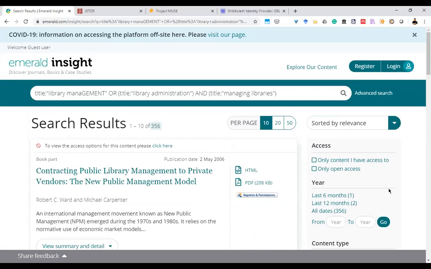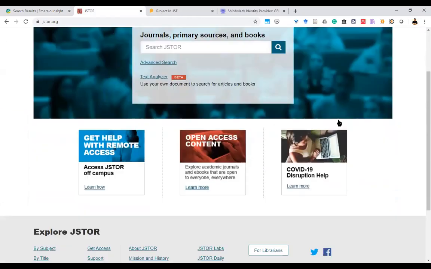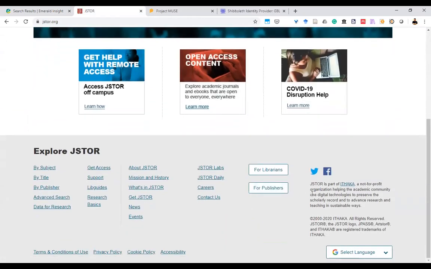Now I am moving to another database, that is JSTOR. JSTOR holds a lot of journals, primary sources, and books, and it is basically an archive of many publishers. Here they are asking for publishers; you can search publisher wise also.